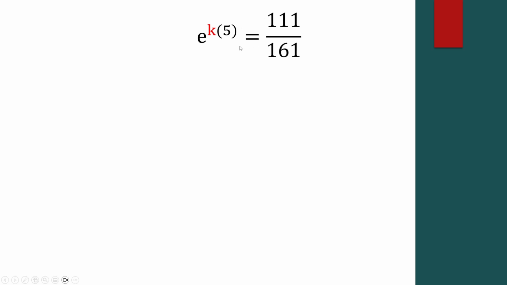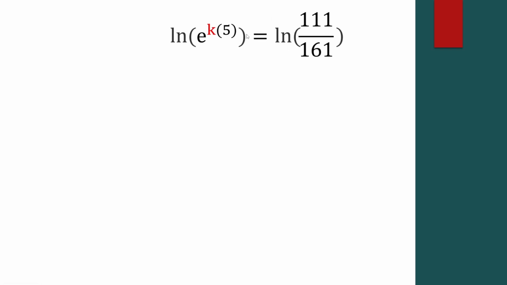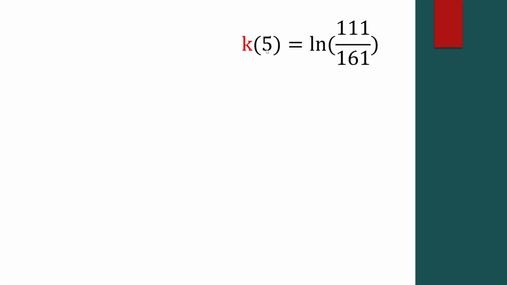The next step is to take the natural log of both sides. Now let's take a look at some logarithmic properties. One of them is that the natural log of x is equal to the log base e of x. We also know that the log base b of b to the power of x is equal to just x. And so logically combining these two, we know that the natural log of e to the power of x is equal to just x. Where in this case, k times 5 is the x, so we can get rid of natural log of e and rewrite this as k times 5 is going to be equal to natural log of